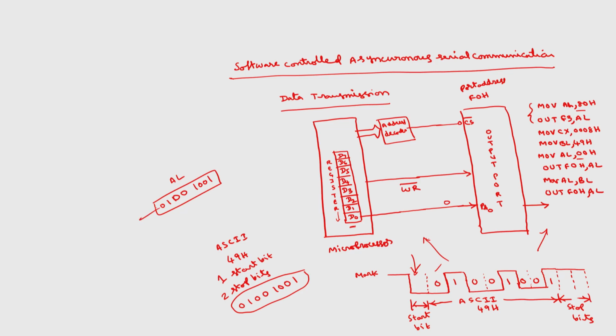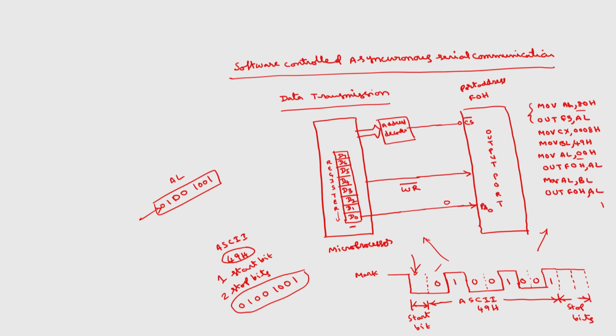I want to transmit first this 0 bit. Otherwise you can take this data in the reverse order. Instead of 49H, if I take 94H, 1001 0100, the first bit transmitted will be this. Now, I will just shift these bits. I will rotate these bits, ROL AL, 01, then OUT onto the port. So, only one bit will be outputted.